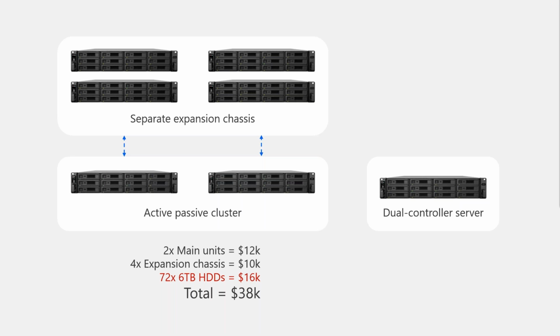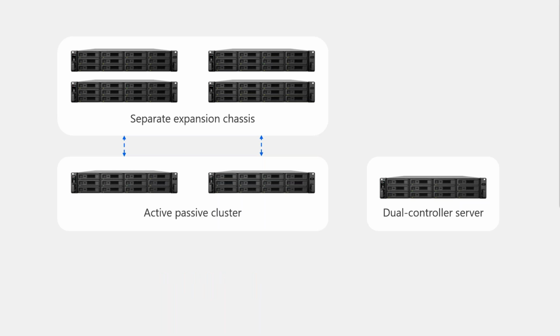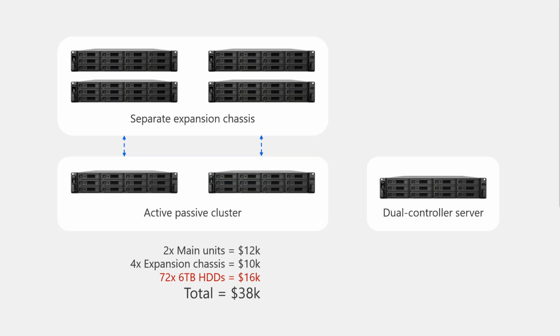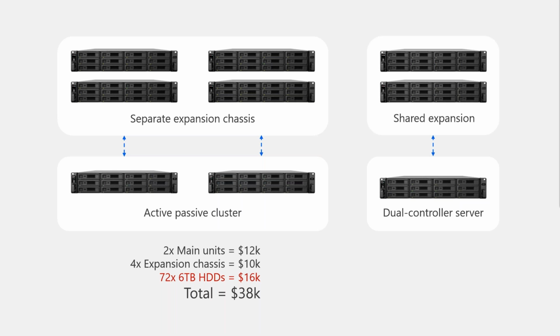In comparison, in a dual controller setup on the right, when you add expansion units, you don't need to double them for high availability because the storage is actually shared between both controllers. So now when you look at the cost of the Synology products here, you're saving money, and you're also saving money on the drives because that storage is shared, so you're not doubling the amount of drives that you have to buy. So there's actually cost savings, and you're making your deployment more efficient, like less rack bays used, less power used, and it's going to be easier to set up as well.